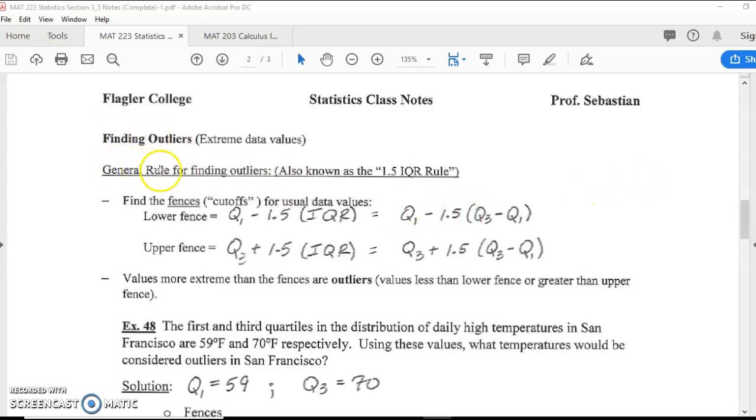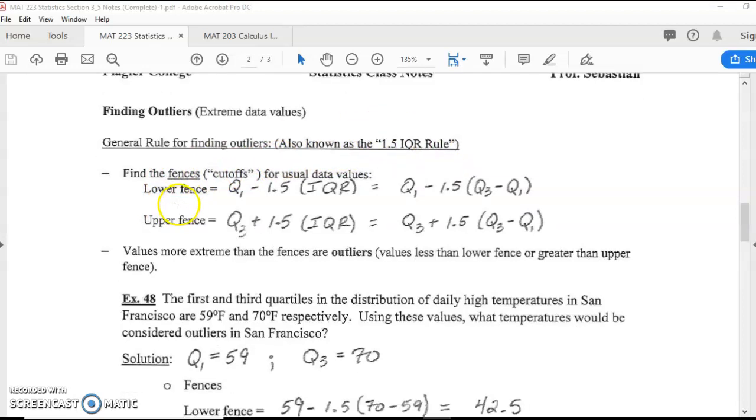So the rule that we use for finding those outliers is sometimes called the 1.5 IQR rule. That's kind of what I call it. But that's a way for me to remember where the fences are. So the lower fence is 1.5 times IQR below Q1, or the first quartile. So the formula for that is Q1 minus 1.5 times IQR. And remember that IQR is Q3 minus Q1. So this is exactly the formula right here. This is an example of a calculation we would want you to be able to compute on the exam. Very simple calculation, just